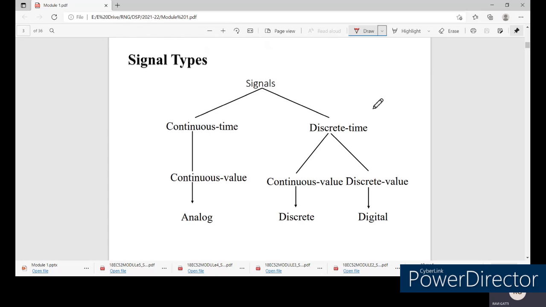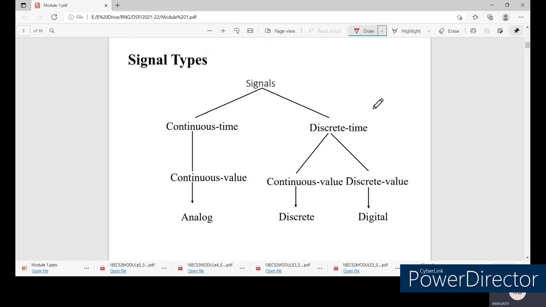So therefore we go for a digital value, that is nothing but a discrete value signal. However, we have already processed the analog signal, that is, we already studied PCS, the principles of communication system. There we learned how we can transmit the signal from the source to the destination, and what modulation techniques we have used in order to transmit the digital signal over